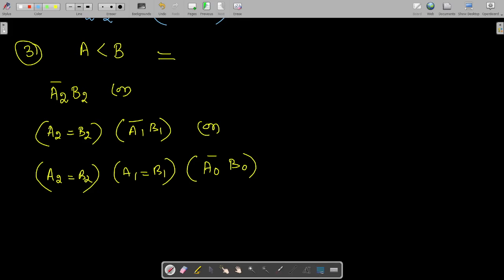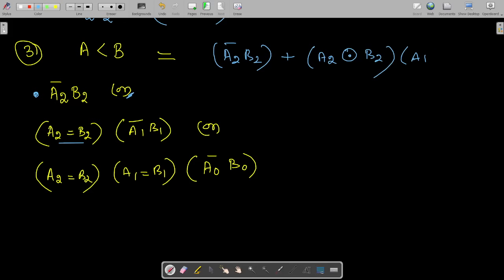Okay, so for that we can write the expression corresponding to this. So the condition is A2 bar B2, or, so for this or you put a plus, then A2 equal to B2, we can write it like A2 equivalence B2 multiplied with A1 bar B1, or for this or we write a plus, then the third condition.